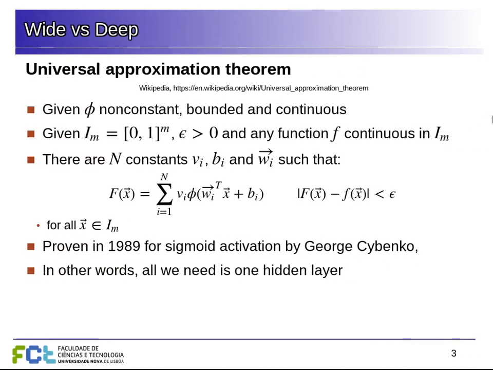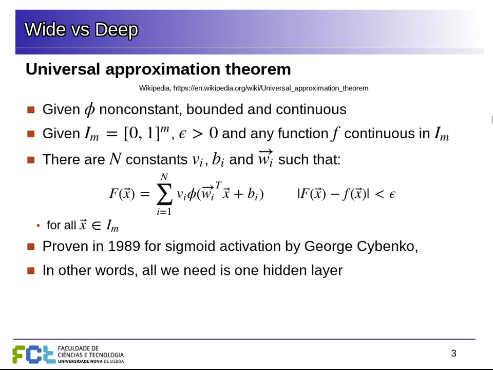So there is this universal approximation theorem. It's proven that if we consider a finite region, a finite volume of our input space, so consider this a hypercube between 0 and 1 with n dimensions, then if there is a continuous function that has values inside that region, there is, no matter how small an epsilon, as long as it's greater than 0, there is a set